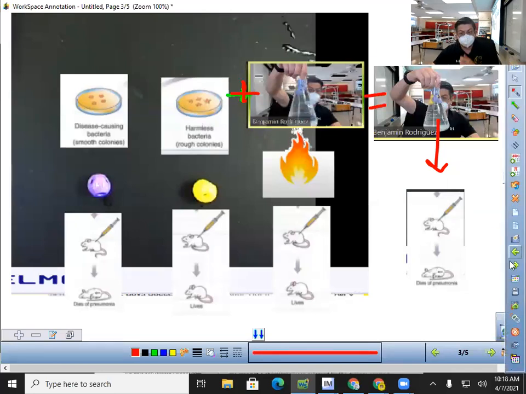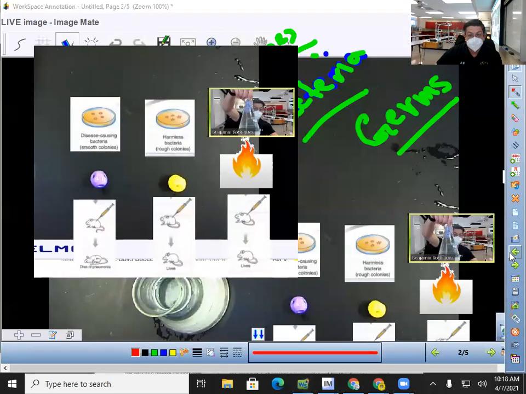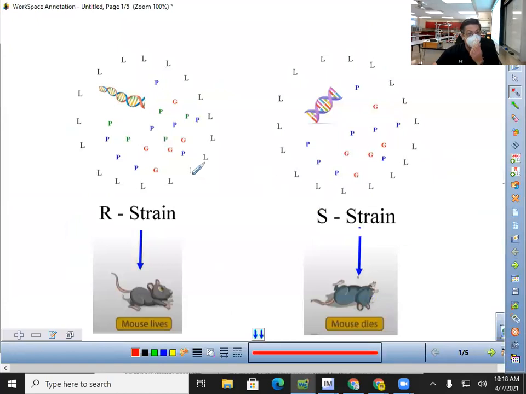All right, so here's the deal. Let's go back to this. Here's what we got. We got these two. What you need to understand about a cell is basically the following: a cell is just a collection of molecules. So when we're looking at the R strain, the reason why the R strain doesn't do anything to the mice is because it's making, well, first of all,